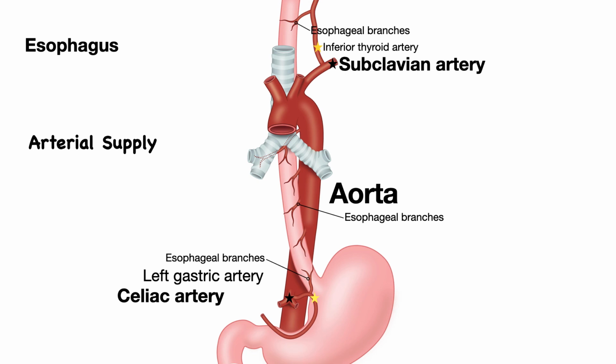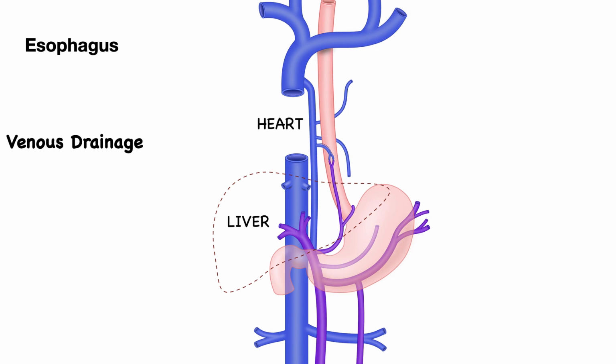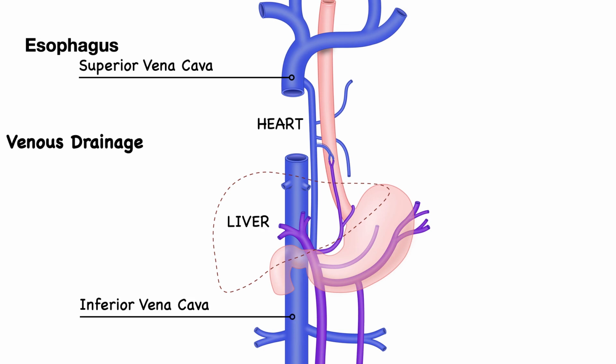So let's talk about venous drainage. As you can see here, you have the heart, and that drains the upper limbs, neck, and head through superior vena cava, and the lower limbs and kidneys and the genitourinary area through inferior vena cava. And then the esophagus drains from esophageal veins, and they can either go into the superior vena cava or into